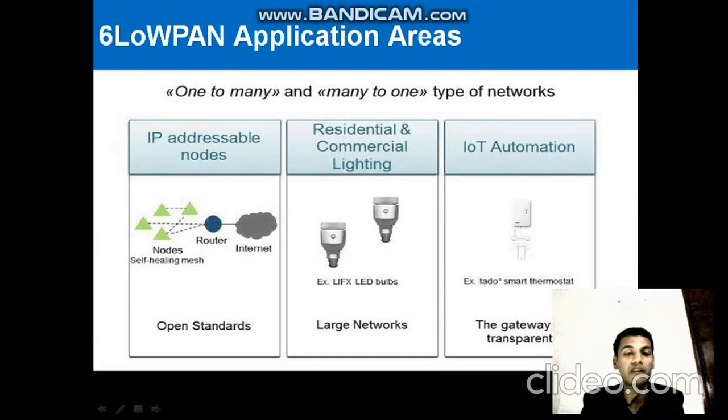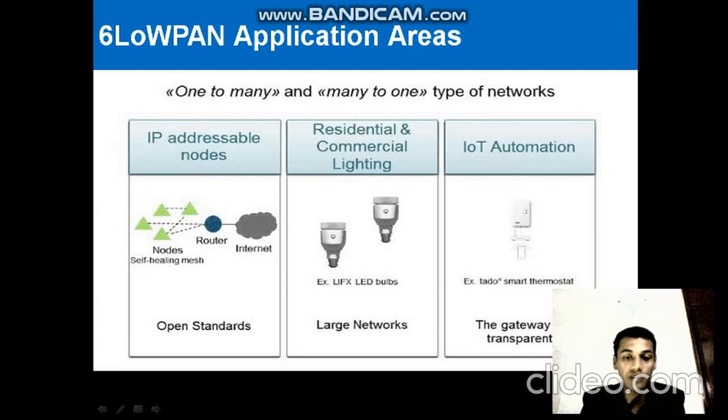Lighting, both residential and commercial, easily becomes a network with a large number of wireless nodes. 6LoWPAN benefits from the mesh network type routing, allowing increased RF coverage and system robustness. Home automation